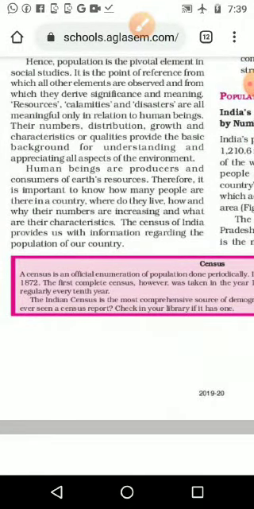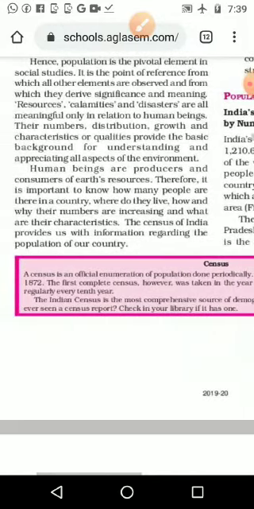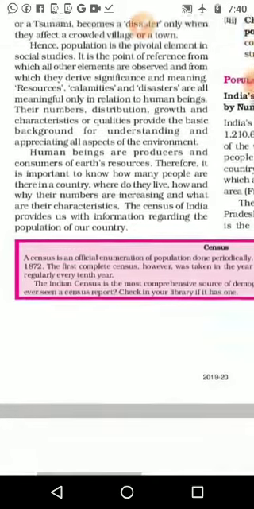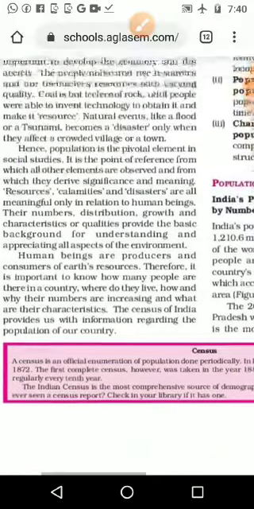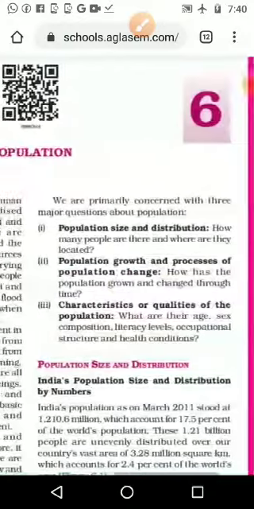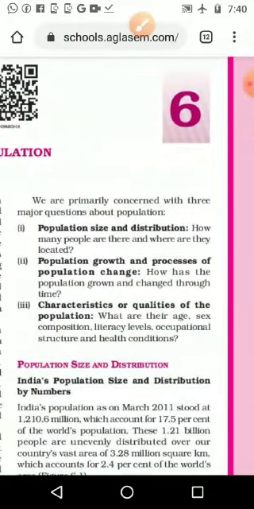So what we want to know, in each and every country, is how people make use of the resources, and from the basic resources available, how we produce the materials we need for our livelihood, or to keep the quality or standard of life. For that, we want to understand the population and do population study.